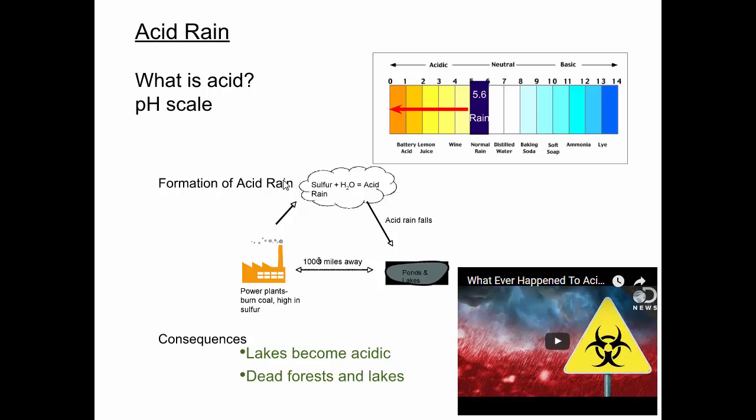It affects forests with certain types of soil that can't tolerate it, that can't buffer the pH changes. And acid rain was once a bigger problem than it is today. Because we have some new technologies that help to remove some of the sulfur from the exhaust produced, we've improved upon this problem somewhat. But